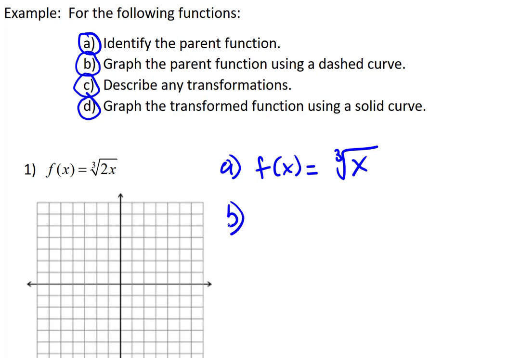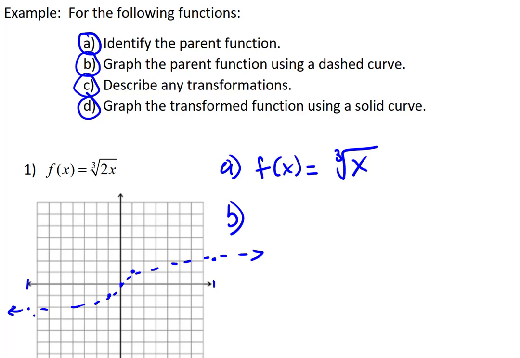And we'll go ahead and graph this function, recalling the parent function. We have points at 0, 0, 1, 1, 8, 2, which will take us a little bit off our grid. We'll just extend to reach it. And then negative 1, negative 1, and then negative 8, negative 2. We'll connect these points with a dashed curve to get our parent function graph,